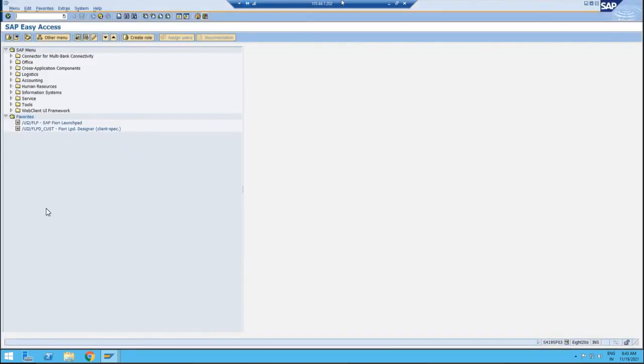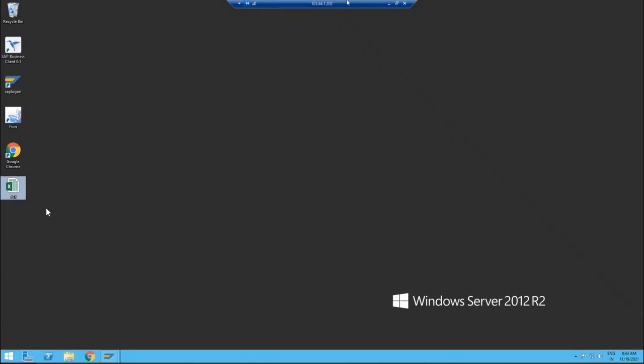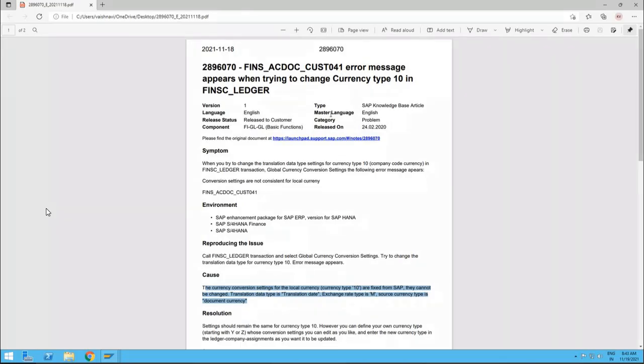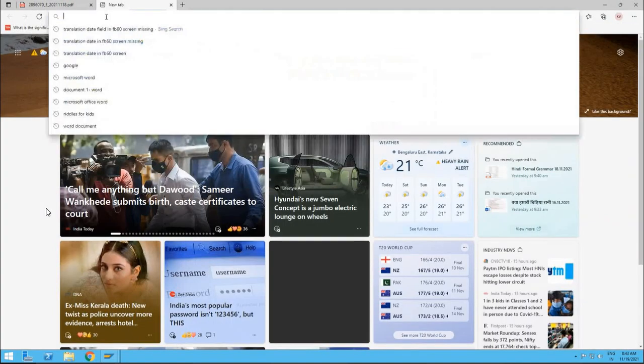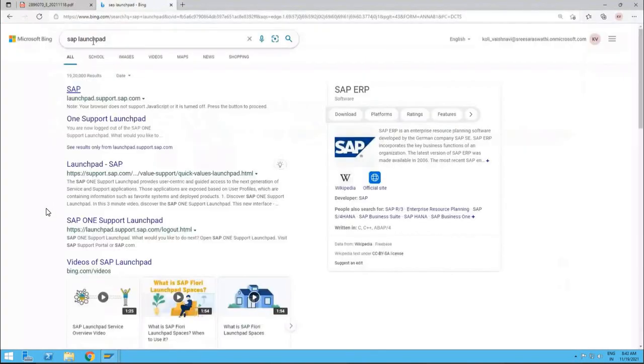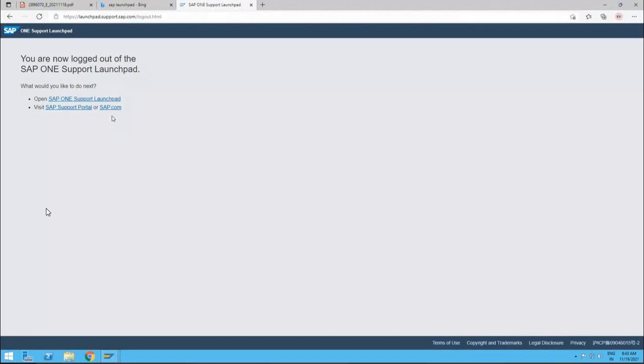And how I found this note is that for every issue you face, or if you want to know details about any specific topic, we usually go to SAP OSS, the SAP Launchpad. I'll show you, but for this you require access. Since I have access, I was able to. Here, if you have issues with anything or get any error message, you can type it here, and SAP will provide notes relevant to that. And since I just wanted to check on the currency translation part,